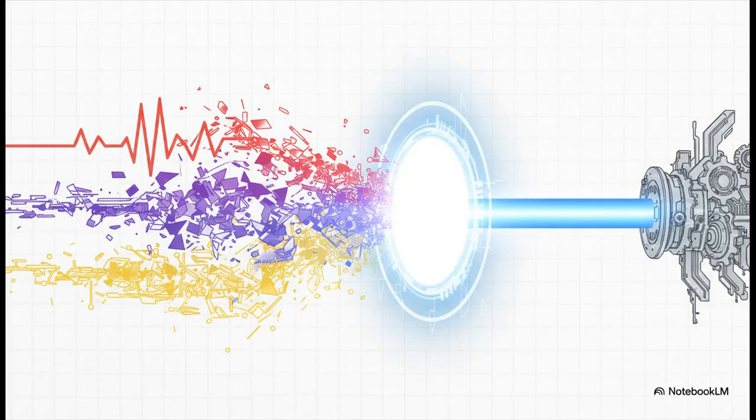Next, you have to establish a communication protocol, and you'll do that using interfaces. See, an interface is like a universal contract. It defines what a class can do without getting bogged down in how it does it. The ghost signals are fragmented. Some are vocal, some are visual. So you'll use an interface to create one standard, one consistent protocol, so your controller can handle any type of signal that comes its way.